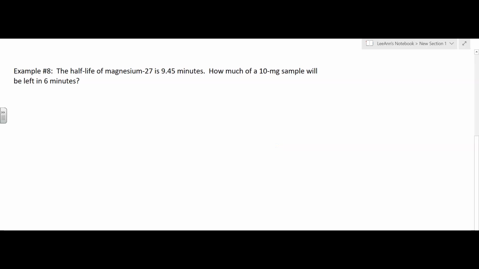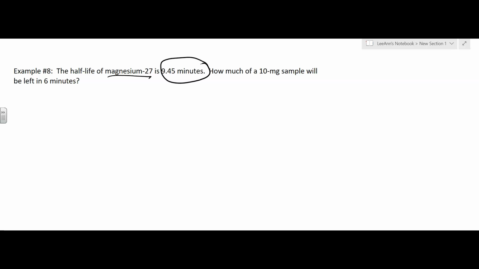The half-life of magnesium-27 is 9.45 minutes. Okay, so this is the half-life right there. How much of a 10 milligram sample will be left in 6 minutes? Okay, so